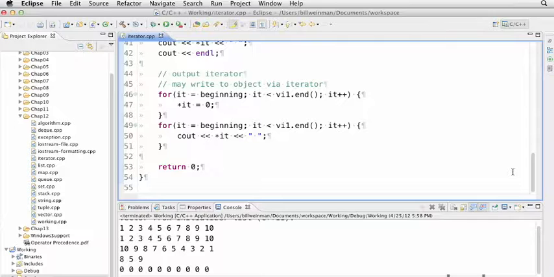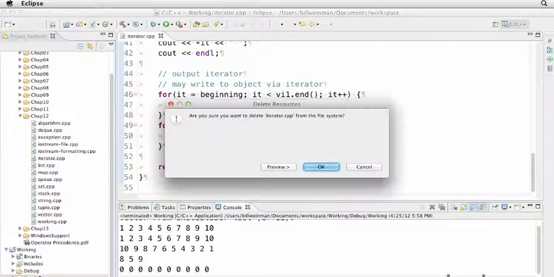So those are the 5 types of iterators: input iterators, forward iterators, bidirectional iterators, random access iterators, and output iterators. Some container types in the STL support some types of iterators and not other types of iterators, so it's important to understand these. Iterators are a tool for working with STL containers, and STL iterators allow you to iterate through a number of different types of containers with a common interface. So let's delete our working file and